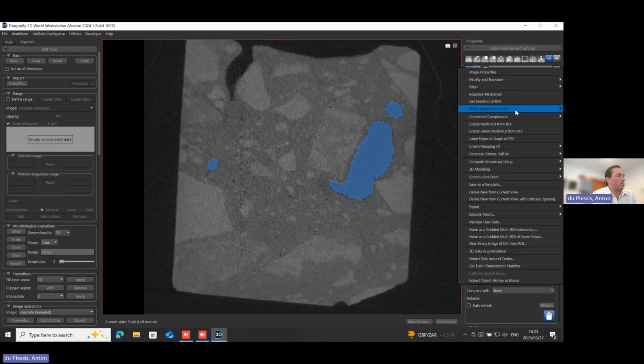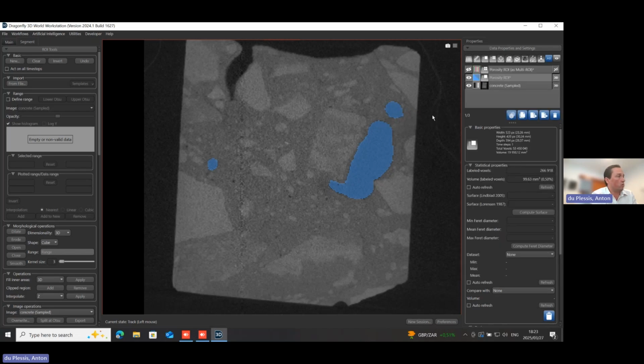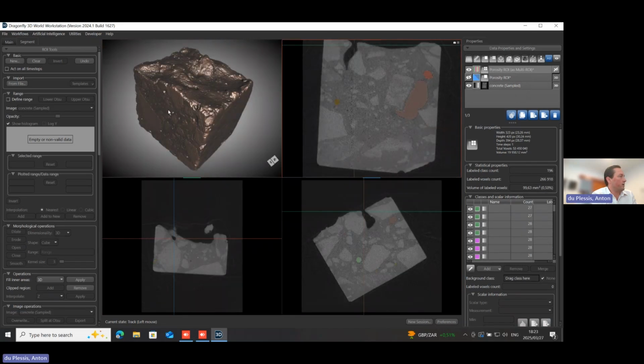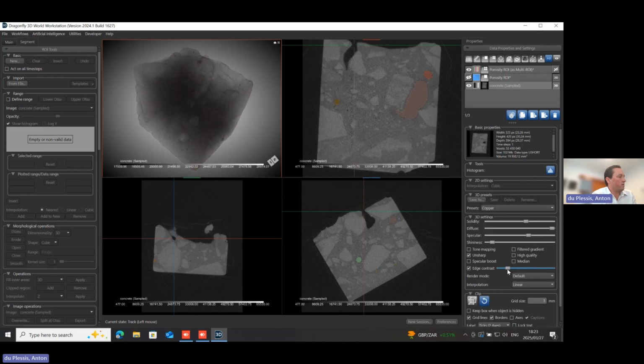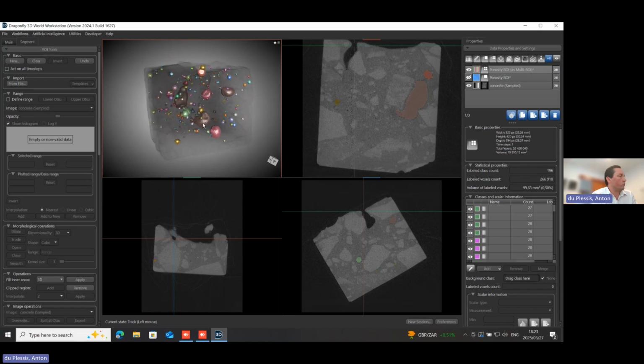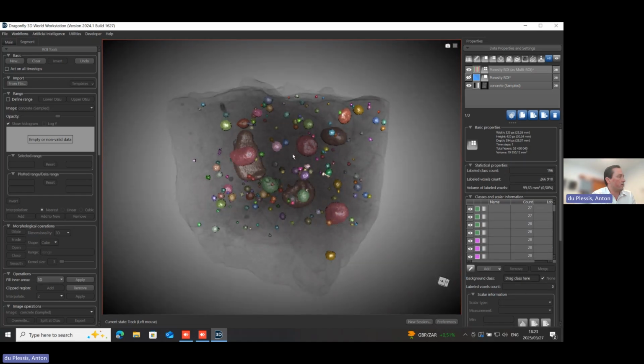So the way to do it, the same as before, right-click, make a connected components, new multi-ROI. And on this multi-ROI, which by the way looks quite nice in 3D, if I click on the 3D window and on the data set, I can make it again transparent and I can show this multi-ROI. Even though the colors don't mean anything, it's already quite an impressive picture. I just double click on that.